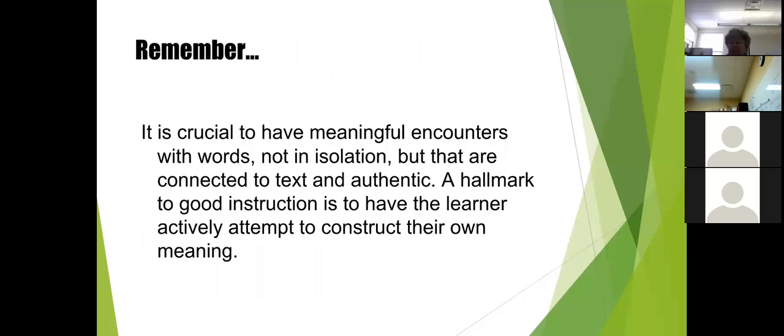As you can see, these three frameworks that I described today have very similar features. Remember, it is crucial to have meaningful encounters with words, not in isolation, but connected to text and authentic. A hallmark of good instruction is to have the learner actively attempt to construct their own meaning.